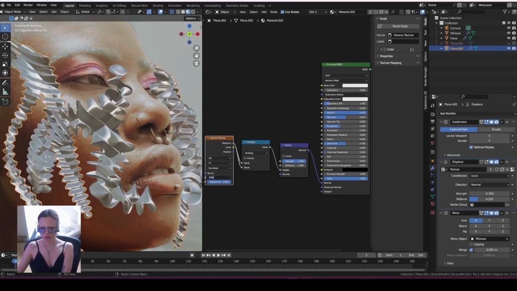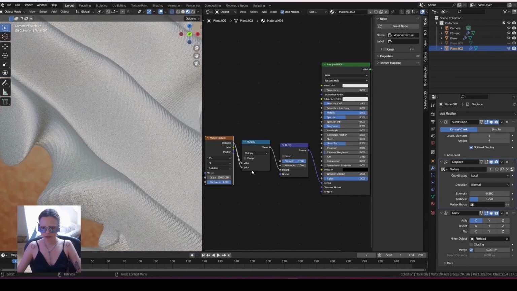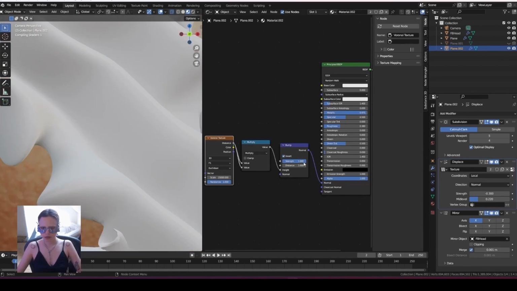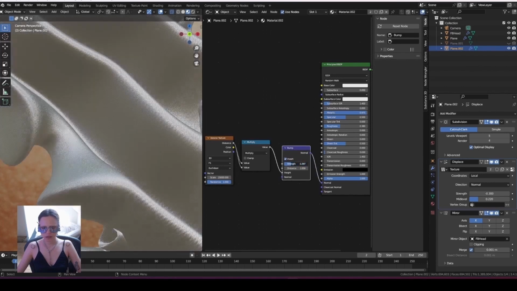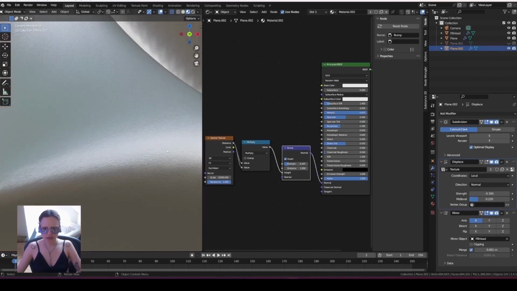Scale quite big. Now it has this strength. I'm gonna turn this down. So now it has a little bit of this